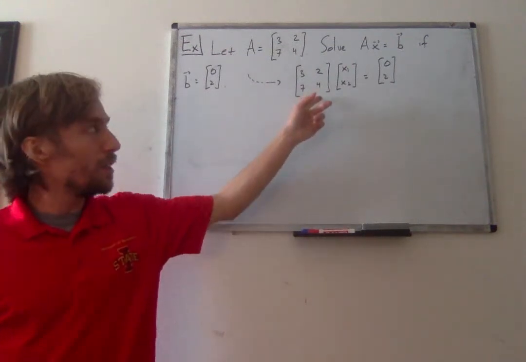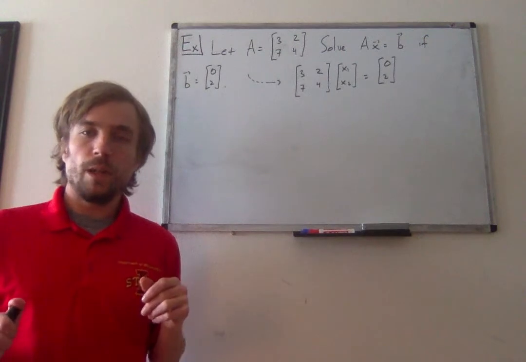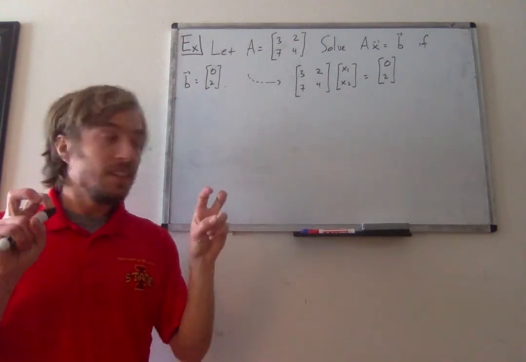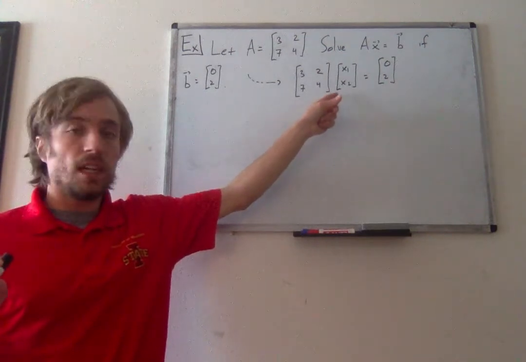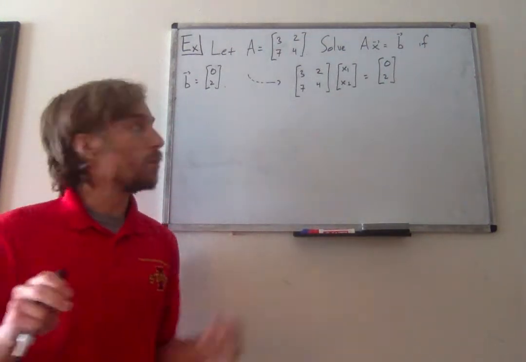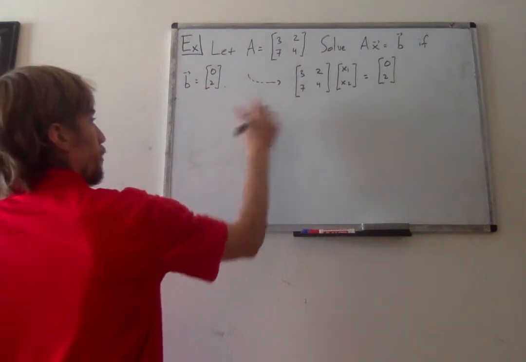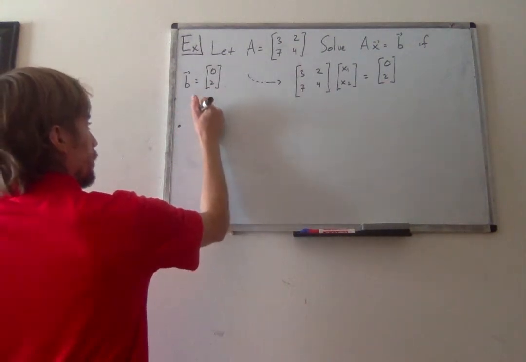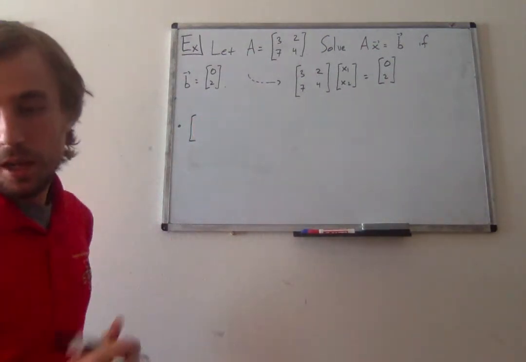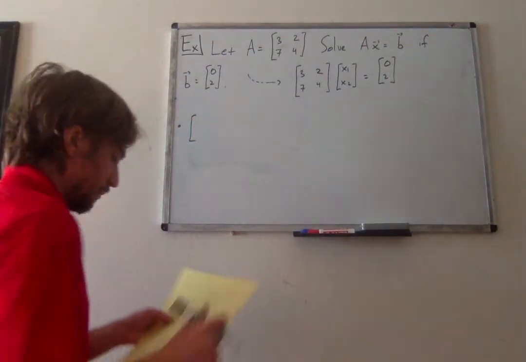But because this matrix has an inverse, we can actually isolate this vector x1, x2 on a side of the equation by itself. In particular, notice if I multiply both sides of this equation by A inverse, which we found in the previous example,